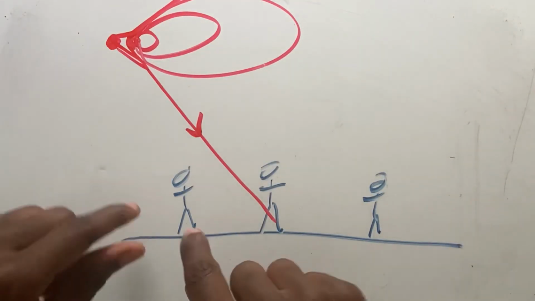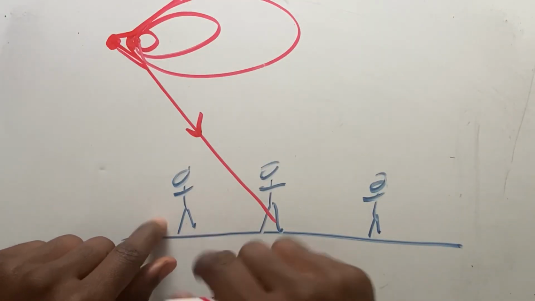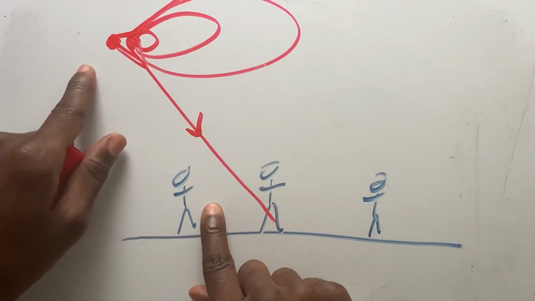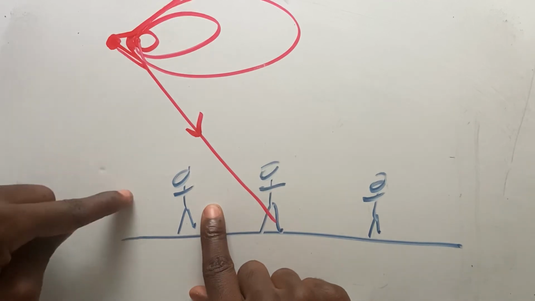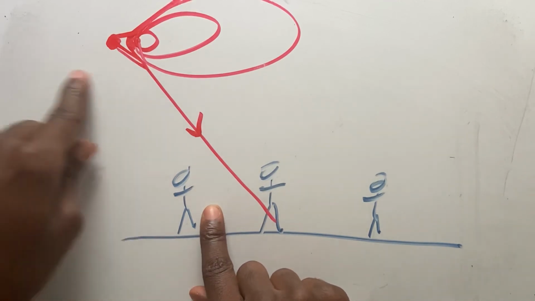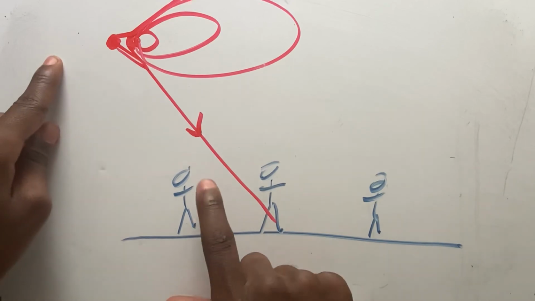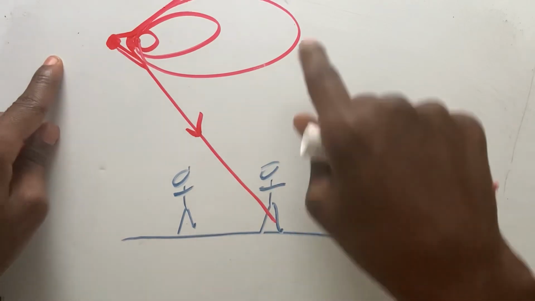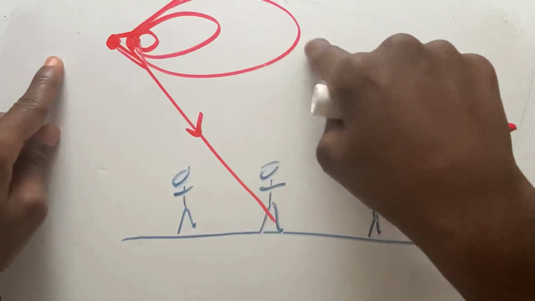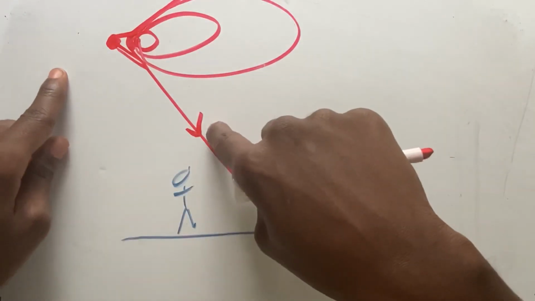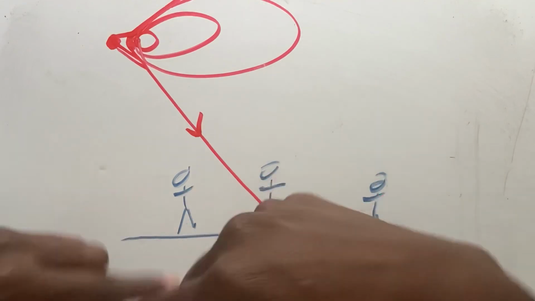So you can imagine these people are kind of far apart. This person here, he can see the plane, and he doesn't just see it, but the plane actually passes him overhead. So the plane passes him, but he still doesn't hear the sonic boom. Once the plane has already passed him, then the sonic boom will hit him a few moments later.